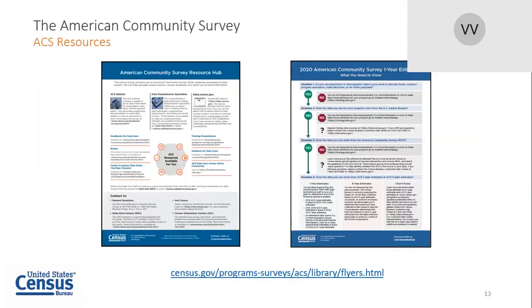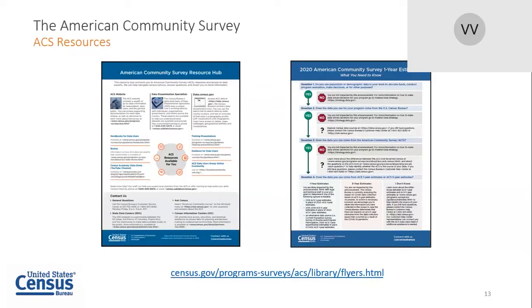So now I want to highlight a couple of data user resources that we've posted on the experimental data page. First, the ACS Resource Hub flyer on the left of this slide provides general information about the ACS. Resources available for accessing the data, getting assistance with using the data, and key points of contact. While the flyer was developed due to the change in our data releases, it is a great general resource for